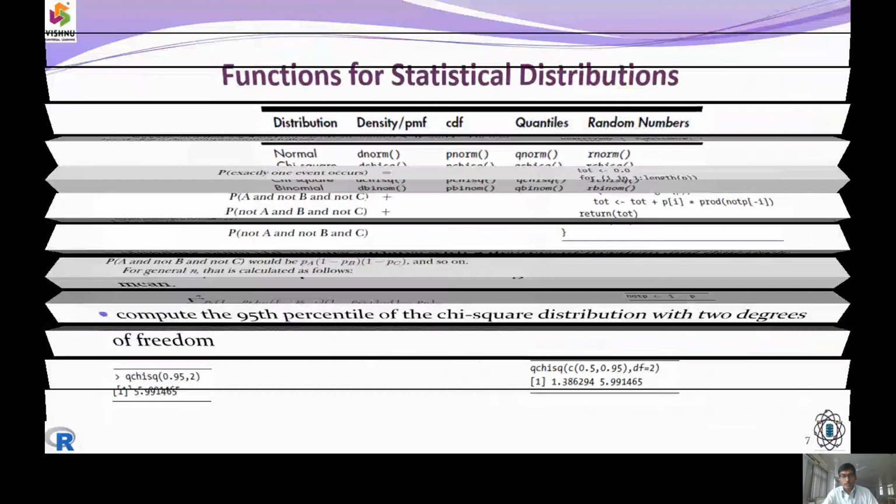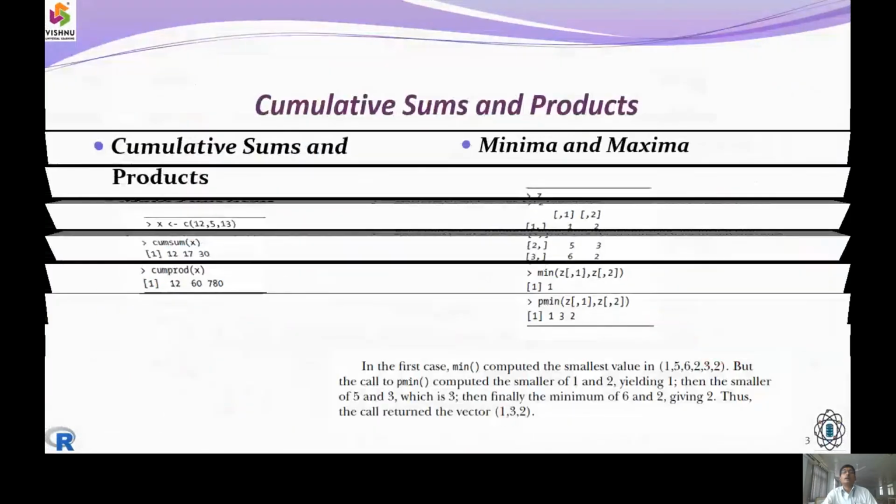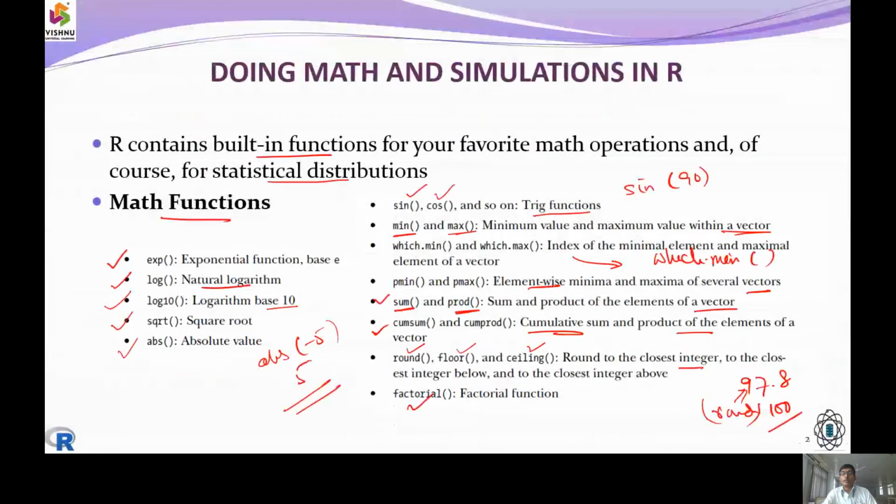This lecture was talking about mathematical and statistical simulations and other functions. Mathematical functions were with exponents, log10, square root, absolute, sine, cos, min, max, indexes, which.max, pmin, sum, product, cumulative sum, cumulative product, random, floor, sphere, factorial.